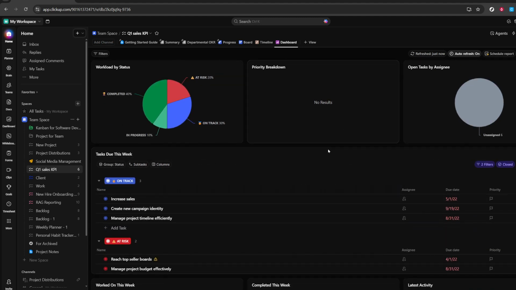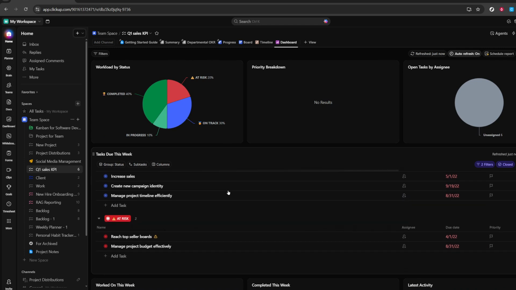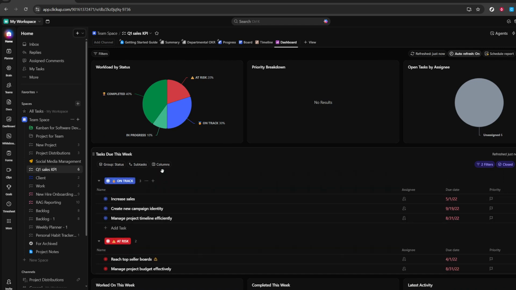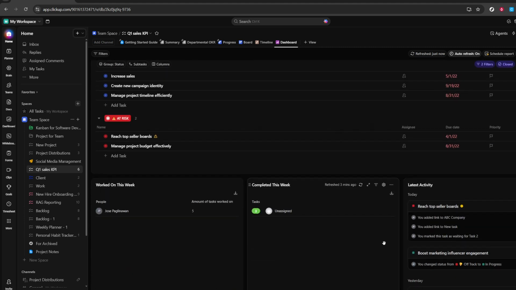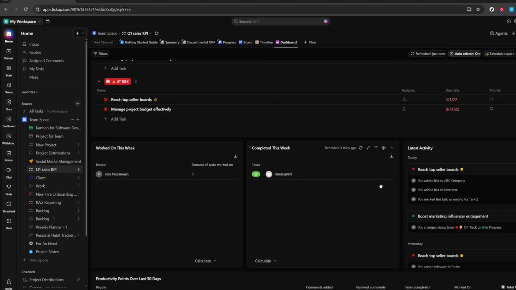Open the columns option to decide which details show up and include subtasks if you want deeper breakdowns. Follow the next highlights to apply your selections and return to the dashboard. You can also adjust group settings to cluster tasks by assignee, status, or priority, depending on how you want to